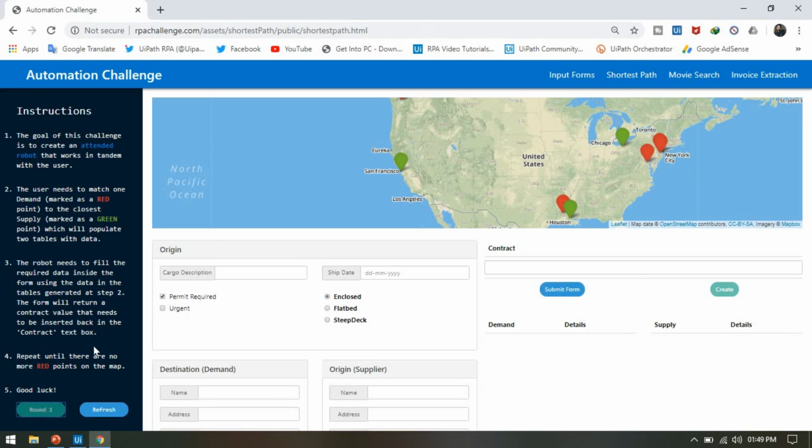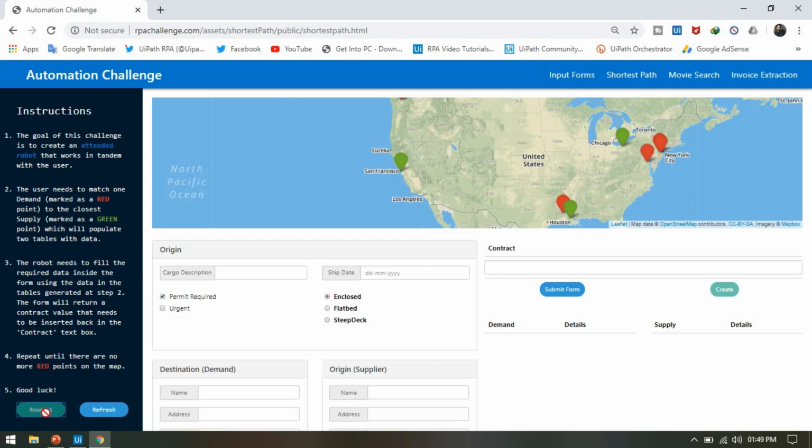Once we click on start, it will show the round. The first time it will show round 1, second time round 2, round 3, round 4, round 5, like this. And once it is finished, it will show you here finished, and you will get your points and the success rate, like in this minute or in this second you have completed this challenge. So the first challenge is here.